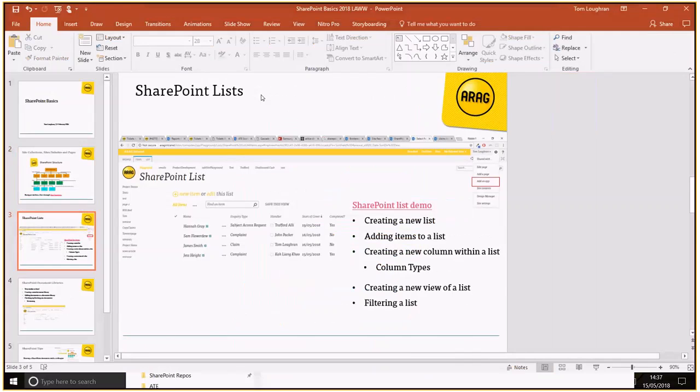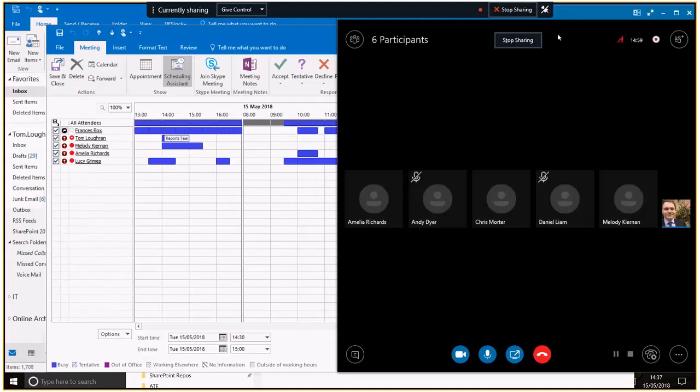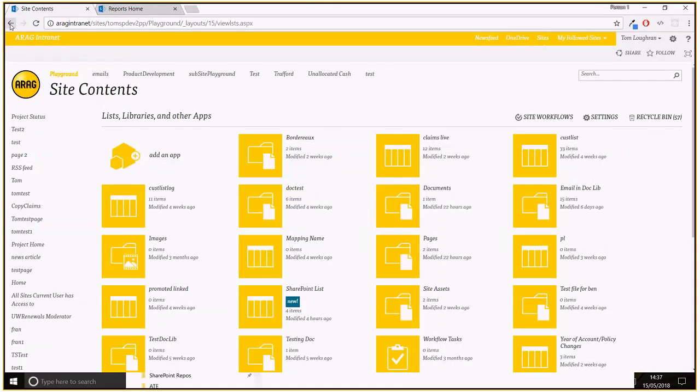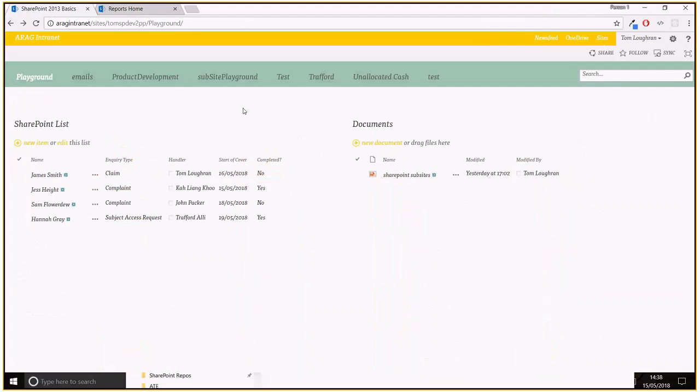So the first concept I wanted to cover is SharePoint lists. So SharePoint lists are very, very similar to Excel, really. They house information, data within columns and rows. So the SharePoint list example I've got here is just a list named SharePoint list that I've constructed. And we can have different views of the information within this. But to start with, in order to create a new list,